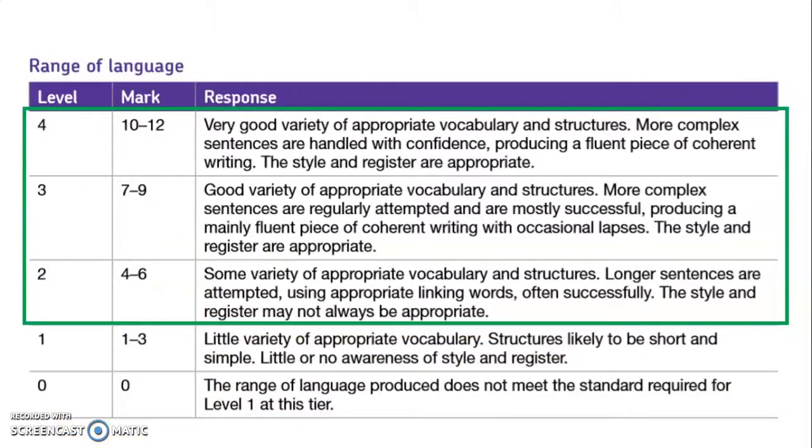And just to reiterate, the reason this is so important to find those examples of long sentences, okay, is here. This is the range of language mark for writing, okay, for higher, but it also features in the foundation mark scheme. For anything more than 4 or above out of 12, you have to have longer sentences, okay? So it's super important. You can see right at the top here, more complex sentences are handled with confidence, producing a fluent and coherent piece of writing. And that's where we're at with the example we've just seen. All right, so well done, Lucy. There are lots of people with examples of this as well in their work, so really well done. I just thought this piece really brought it together. So have a look and